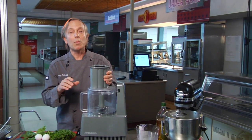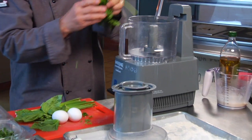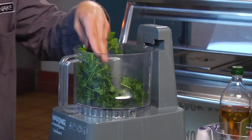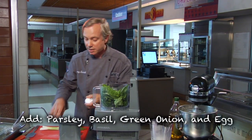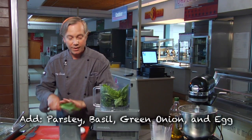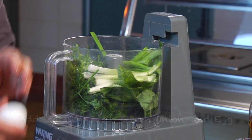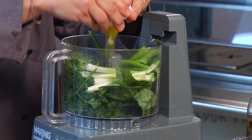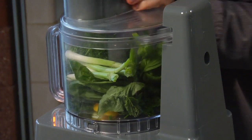get our desired structure. But we're going to throw a trick at it today and turn it into almost like a focaccia. This is a great place to take all the herbs that are coming out of the garden. I've got some fabulous parsley, some basil, and heck, we'll even throw in some green onions. Also, any other vegetables you got lying around, broccoli stems and such like that can be incorporated. We'll throw them in the old Cuisinart here